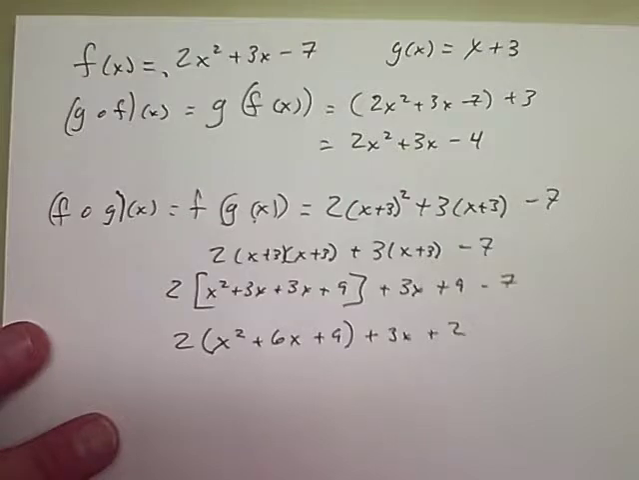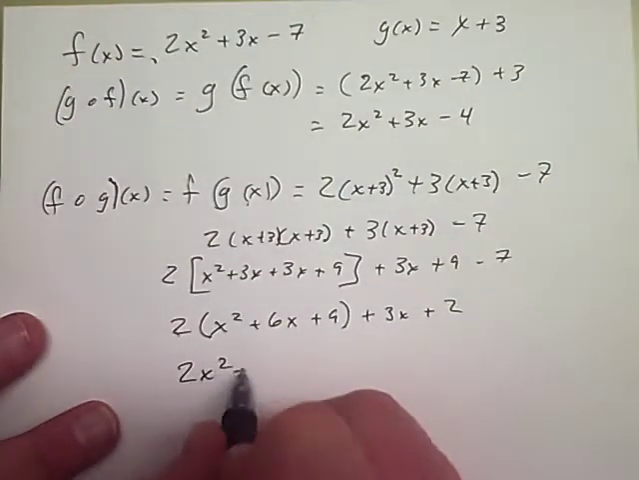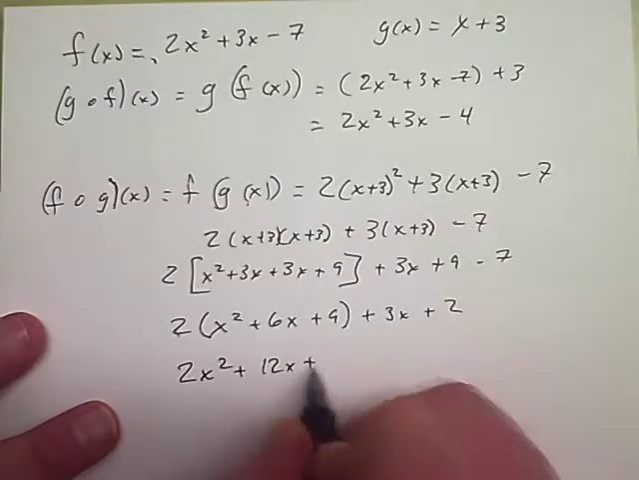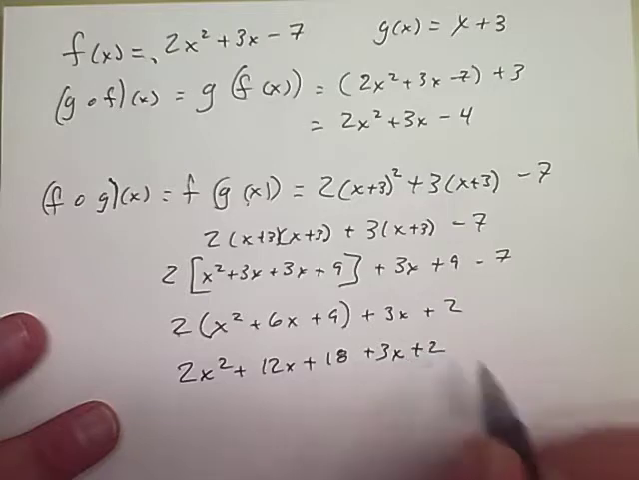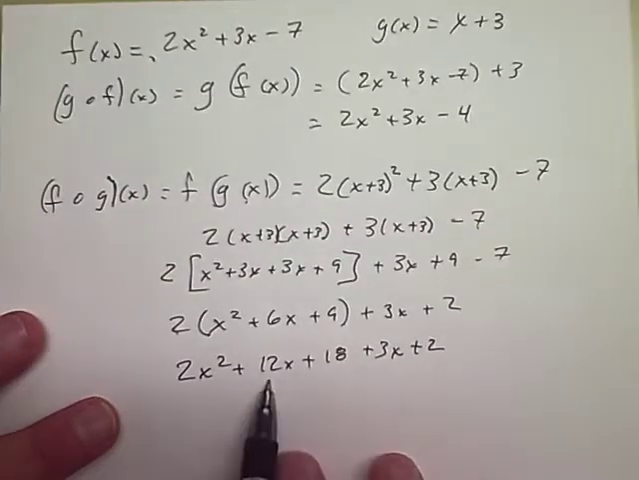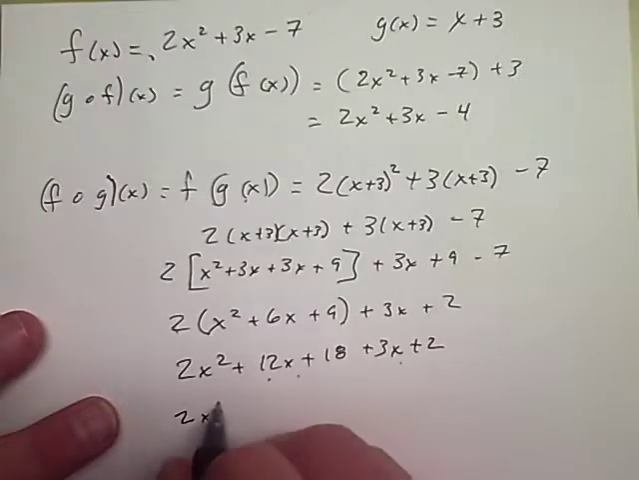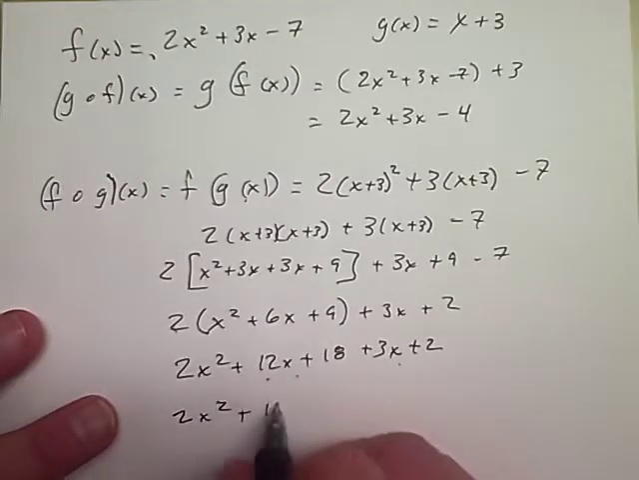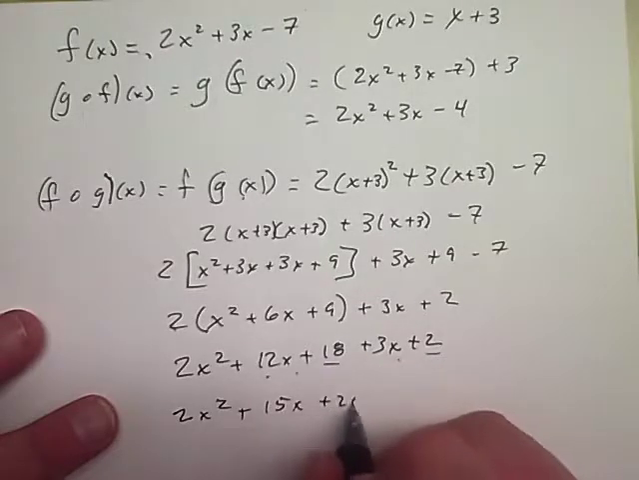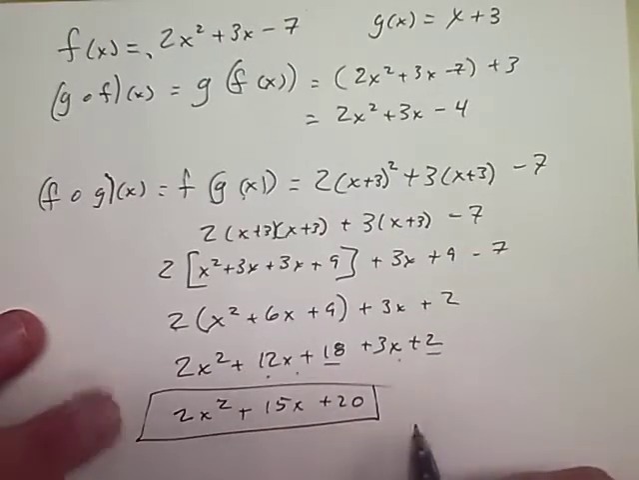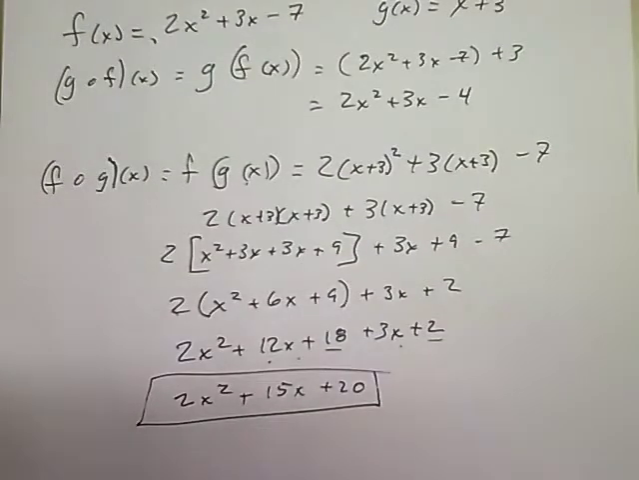Thank you. Now I'm going to distribute the 2, plus 12x plus 18. And now I need to combine my like terms. So I have a 12x and a 3x. So my final answer is going to be 2x squared plus 15x. And then the 18 and 2 gives me 20. This is going to be one of the more difficult examples, but I trust that you're going to be